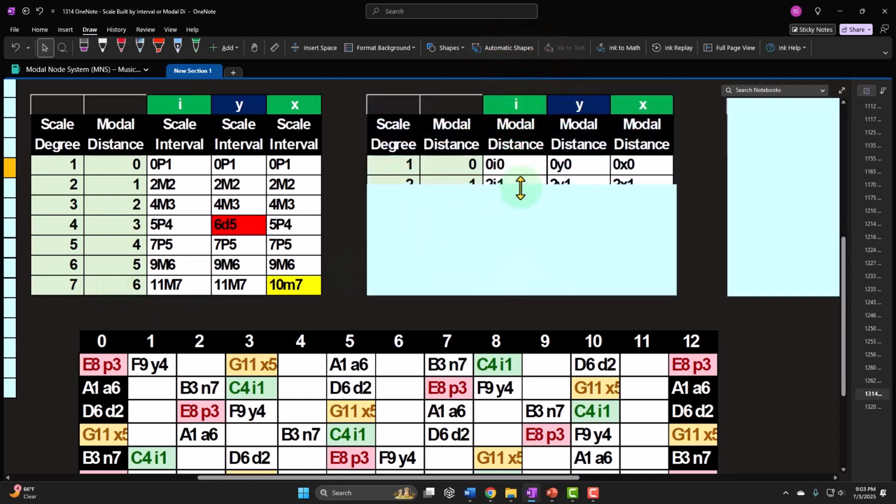What if you compare it this way? Another way you might want to see it with the new naming convention. So now we're looking more at the modal distance. If I stay in the same spot, then of course I'm still on the Ionian, Lydian, and Mixolydian. I didn't go anywhere. If I go 1 modal half step up, then it's the same distance to get to that next continent. So the 1 represents the continent up that we're going, and the 2 represents the continents and